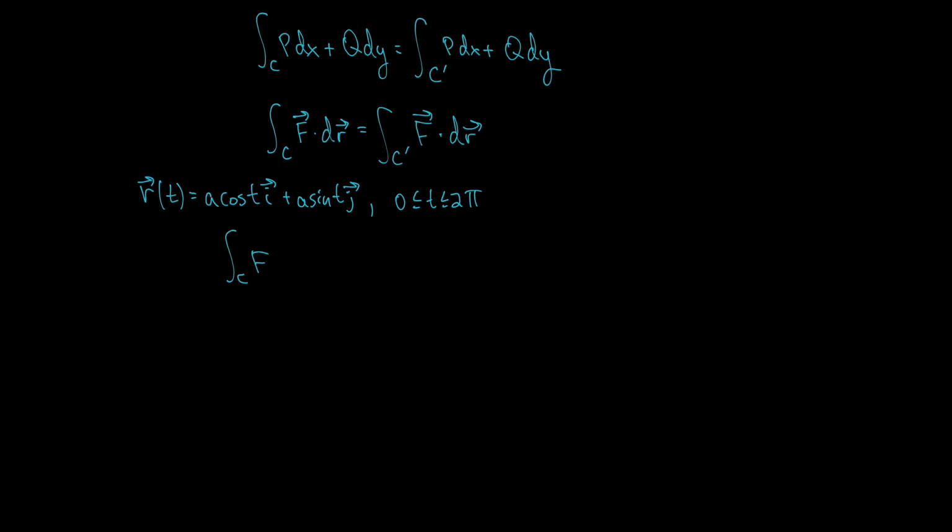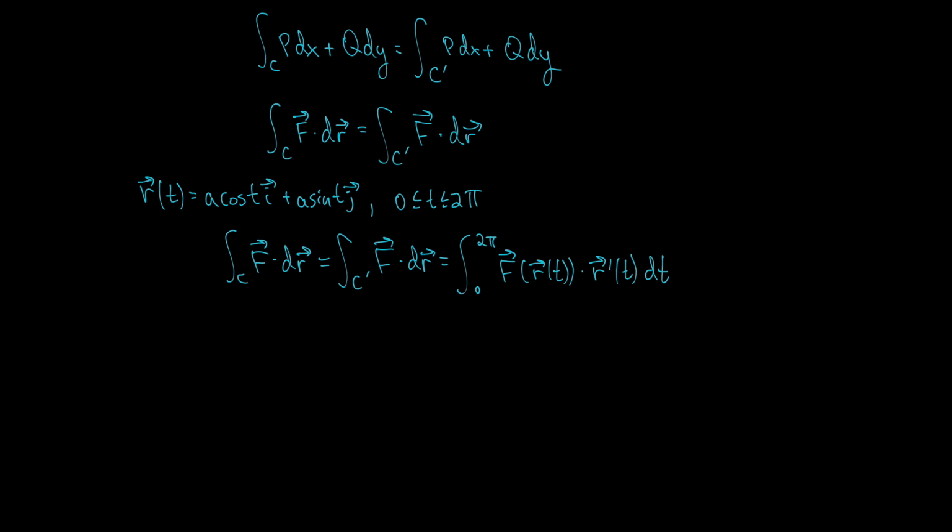So now we have the line integral over C prime, and we'll calculate that as the integral from 0 to 2 pi of the dot product F of r of t dotted with r prime of t,